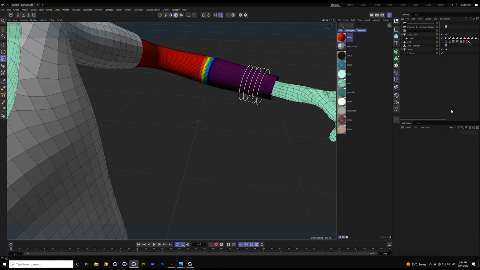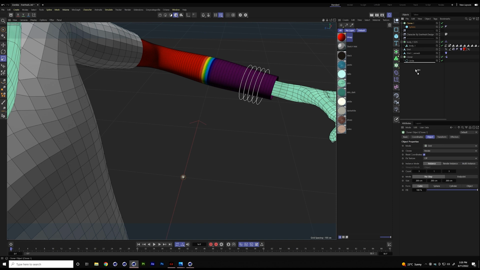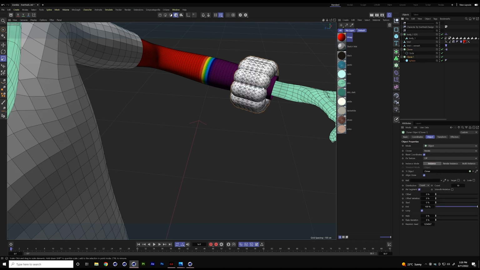And because this is fun, what I'm going to do now, just because I can, this is a great thing about Cinema 4D. You do things because you can do them. At least that's what I do. Sorry, I don't know if other people are like that. I'm going to make a little 2 centimeter sphere. I'm going to add yet another cloner as a parent. I'm going to set this cloner to be in object mode. And as the object, I'm going to use the previous cloner, which is basically these little things here.